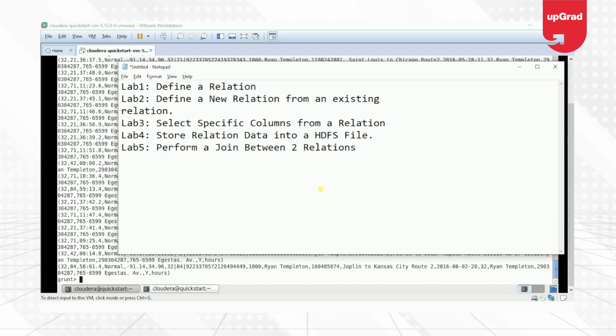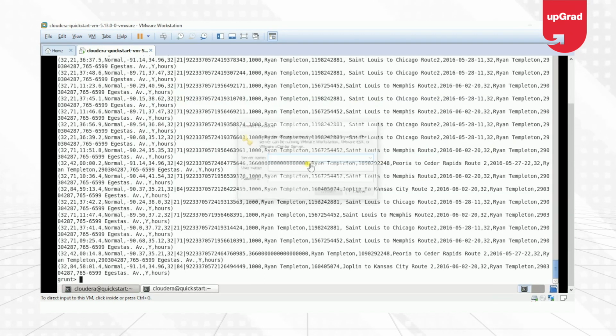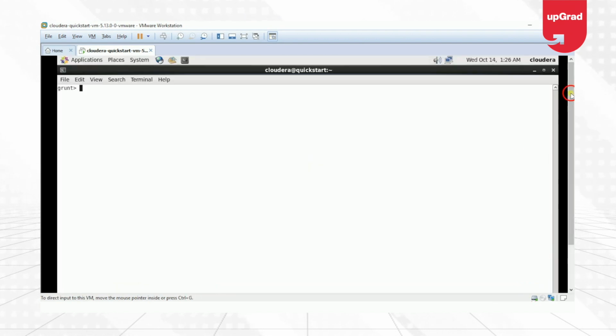Let's do the other lab. Sort the data using order by. Let us learn how to sort the data in PIG. So in order to sort the data, we'll create a new relation here called ordered underscore data. Order drivers by name